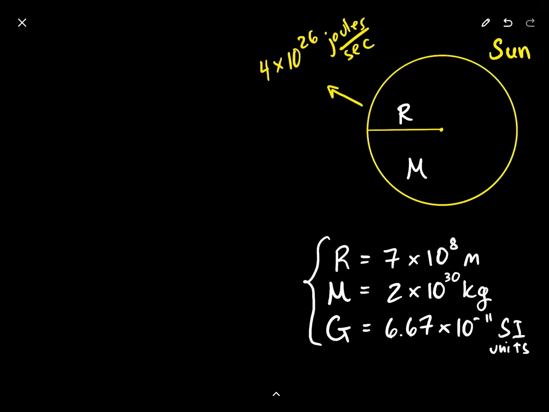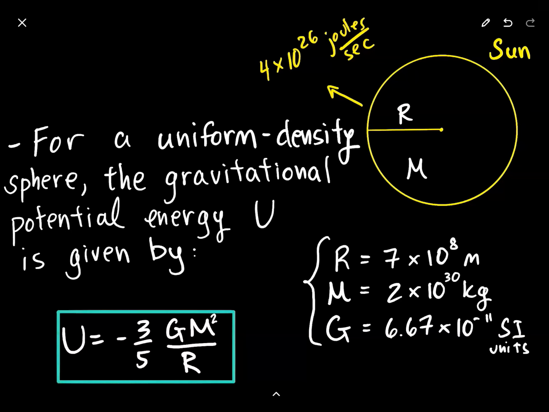One idea was gravitational contraction. For a uniform density sphere, the gravitational potential energy U is given by this formula, minus 3 over 5 GM squared over r, where G is a constant. This formula is derived in another video. If the Sun contracts due to its own gravity, the radius r will decrease, and this makes U more negative,